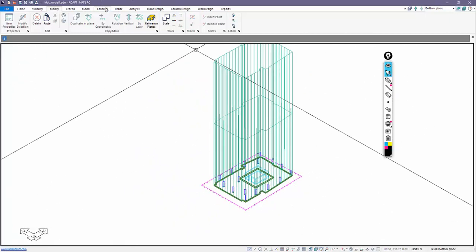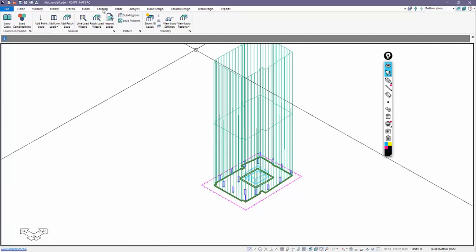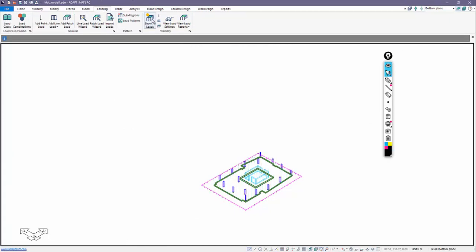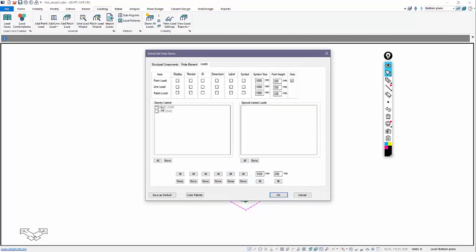If we go to the loading tab and I show loads, I can visibly turn off all loads. If I want to turn on only the patch loads, this turns on all patch loads. If I want to turn on only the point loads, this is only for point loads. And then you can isolate the type of load if you use this option for view load settings.